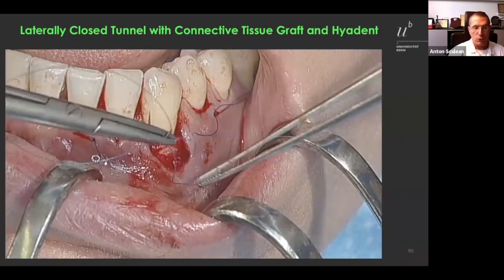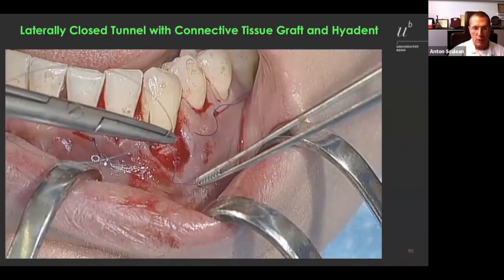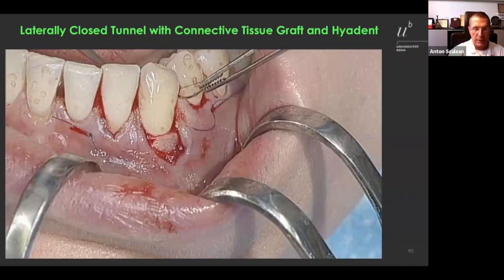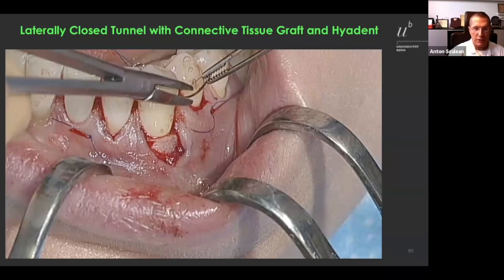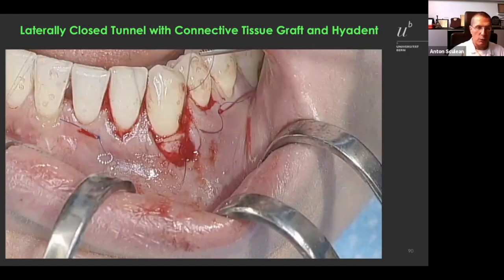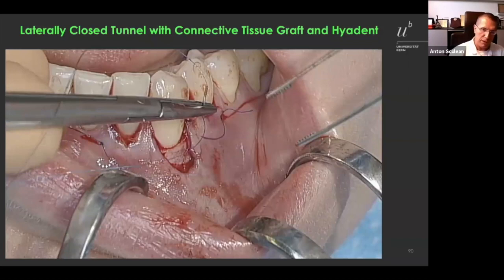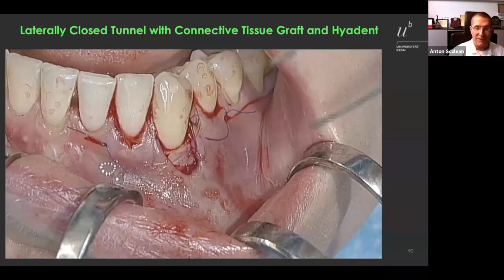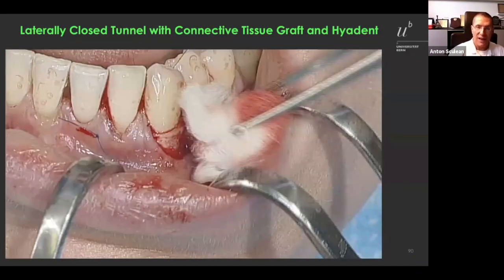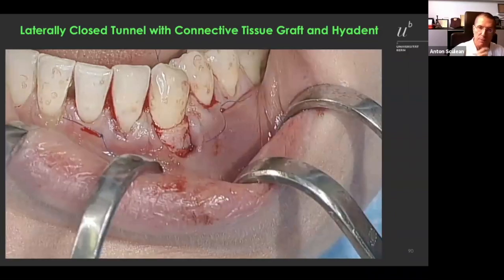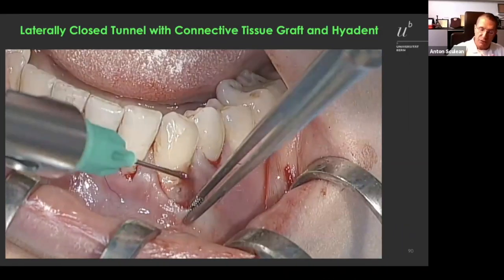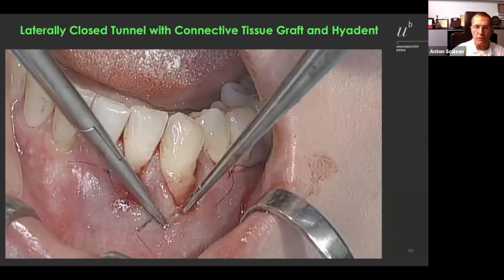I start always lingually. I capture the graft at one of the line angles, move around the tooth, and capture it at the other line angle, the recession, and then move back and tighten it lingually. Usually I use only one suture. It's a 6-0 polypropylene. It's a short needle, maybe 12 millimeter long, because with this needle I can manipulate much better in the lower frontal area. And then I apply a second layer of the material over the